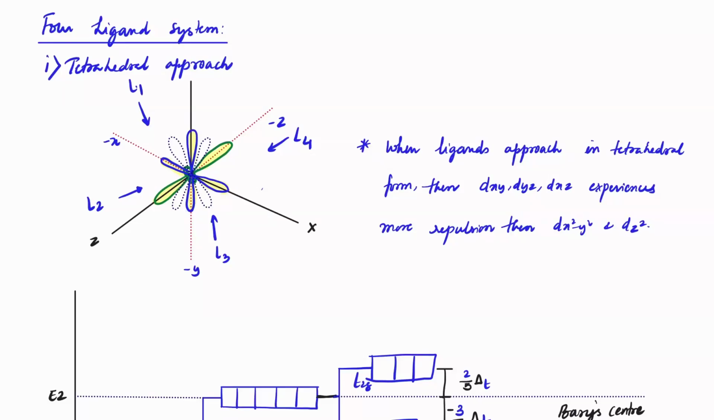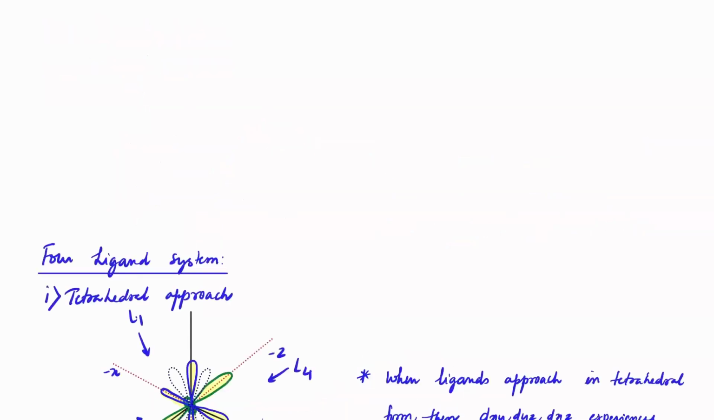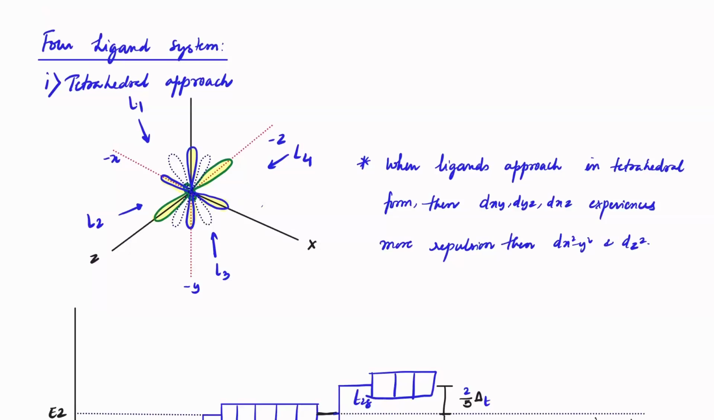Let's see. Last class we discussed up to the six ligand, six field systems in CFT. Once again, now it's all about four ligand system. Okay, if four ligands have to approach towards the central metal atom, we expect them to approach between the axis like